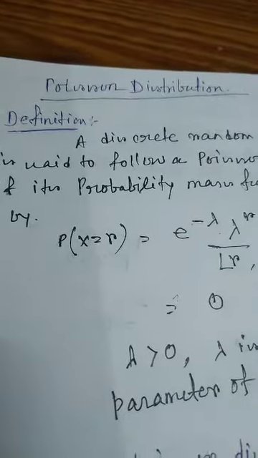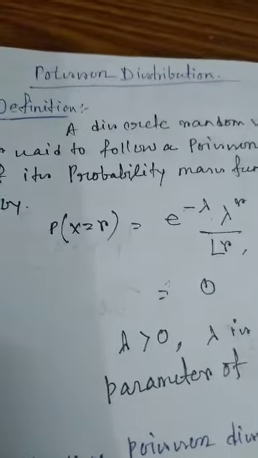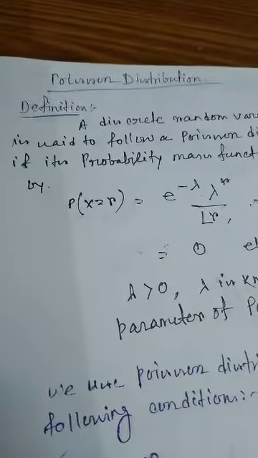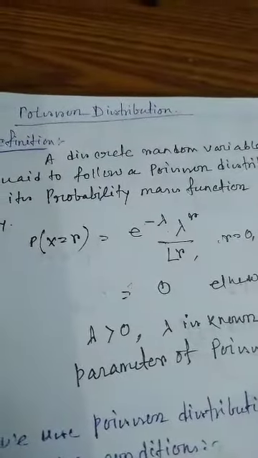Guys, in this video we will discuss the Poisson distribution. So first we have to know what the Poisson distribution is. The Poisson distribution is a discrete random variable, and we say